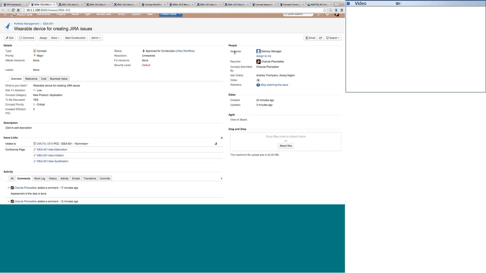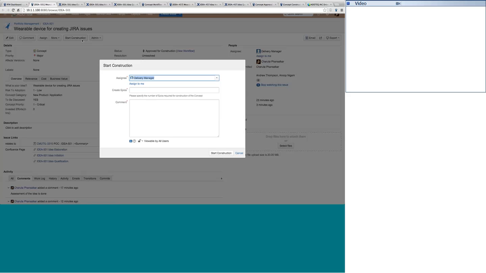Let's say that we have decided to start construction. Again, as I mentioned, the entire implementation work, or the technical implementation construction that is going to happen for the idea or the concept, is going to be tracked and monitored through that. Now let's say I have decided that there will be two different features for this idea. So I would say start construction. When I'm deciding to start the construction, I've decided that there are going to be two features for this particular idea. Let's see what happens when I start the construction.